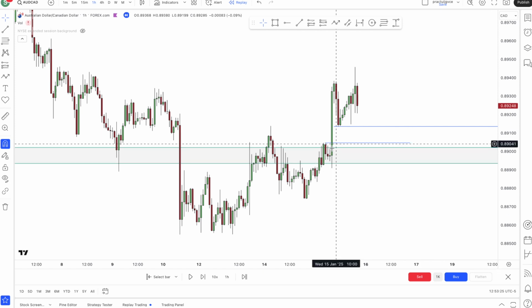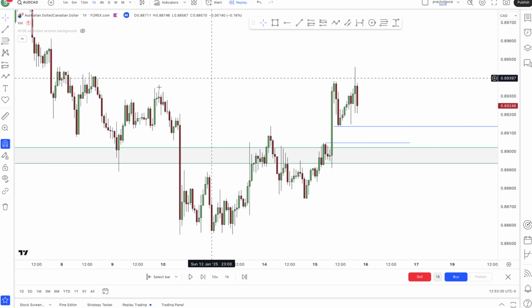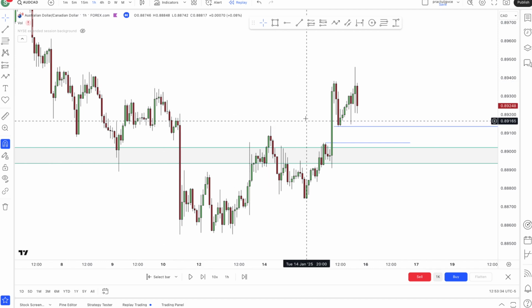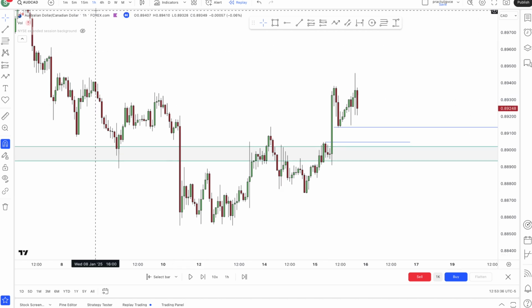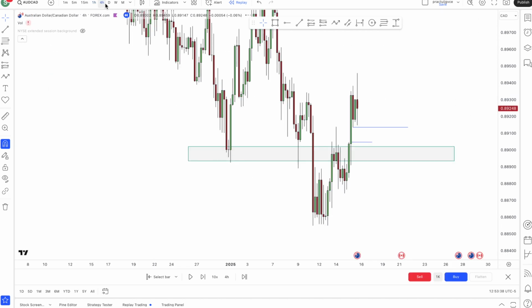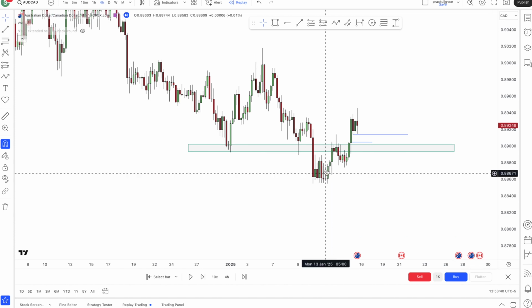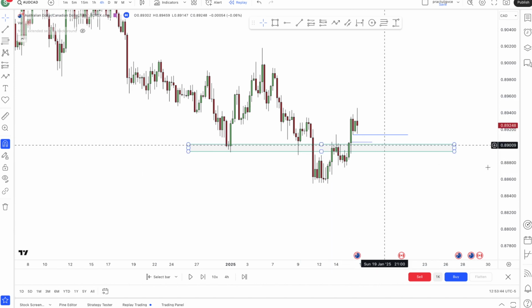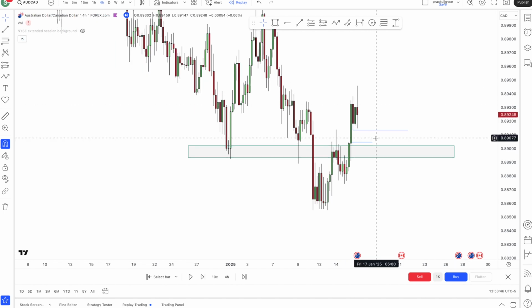And what is significant about this zone? It led to a break of structure, taking out that high. Okay, so now we have, you look at this, a couple of four or five confluences. We have the trend changing, shifting to the upside as we're trying to play along. So that's good. The retracement point